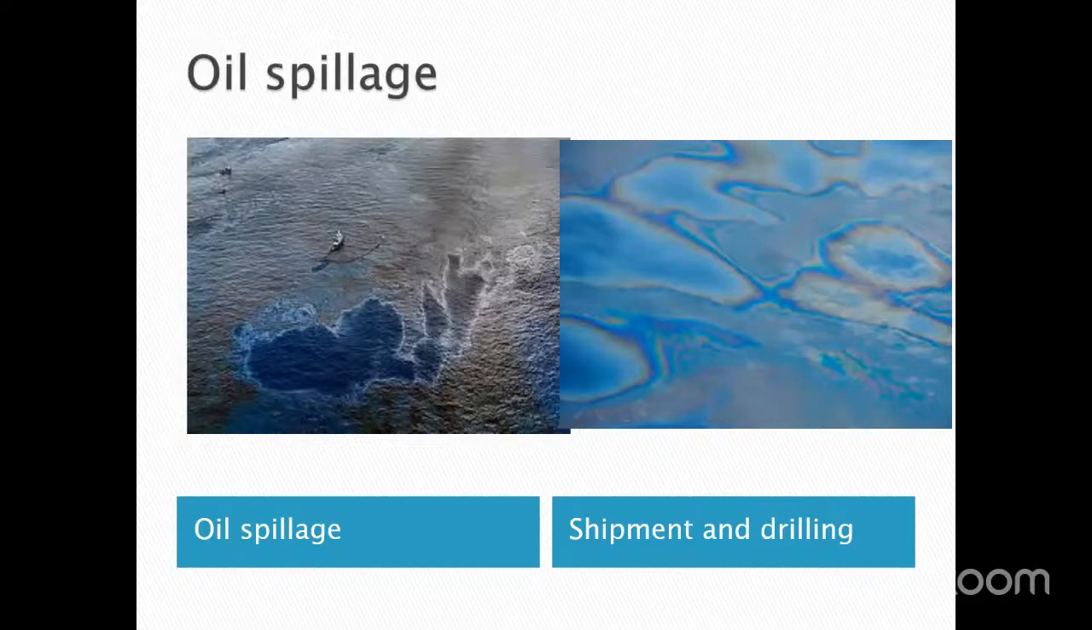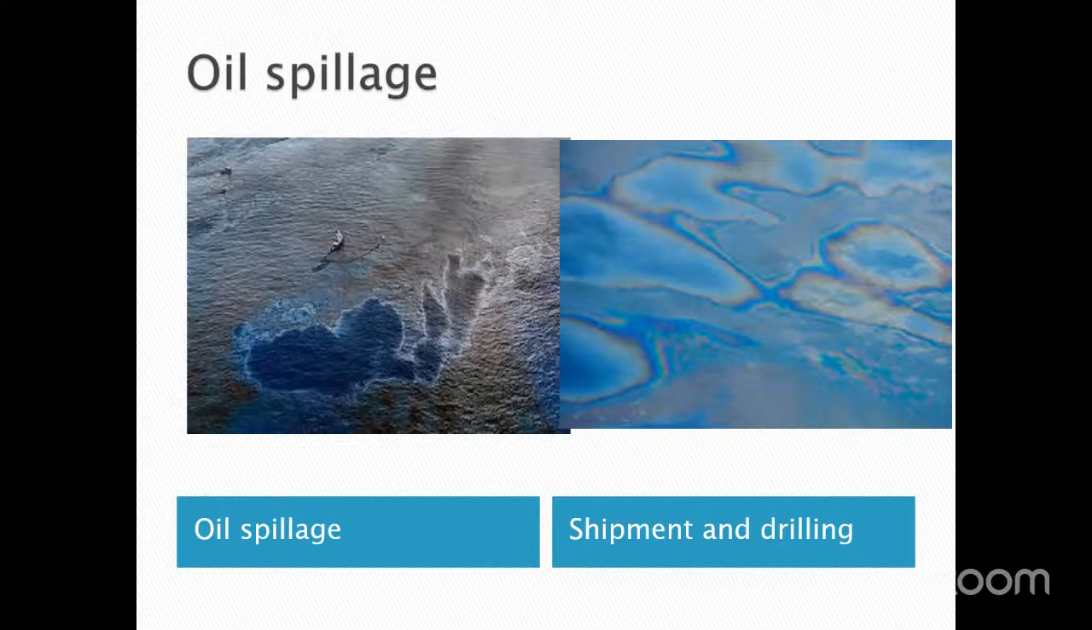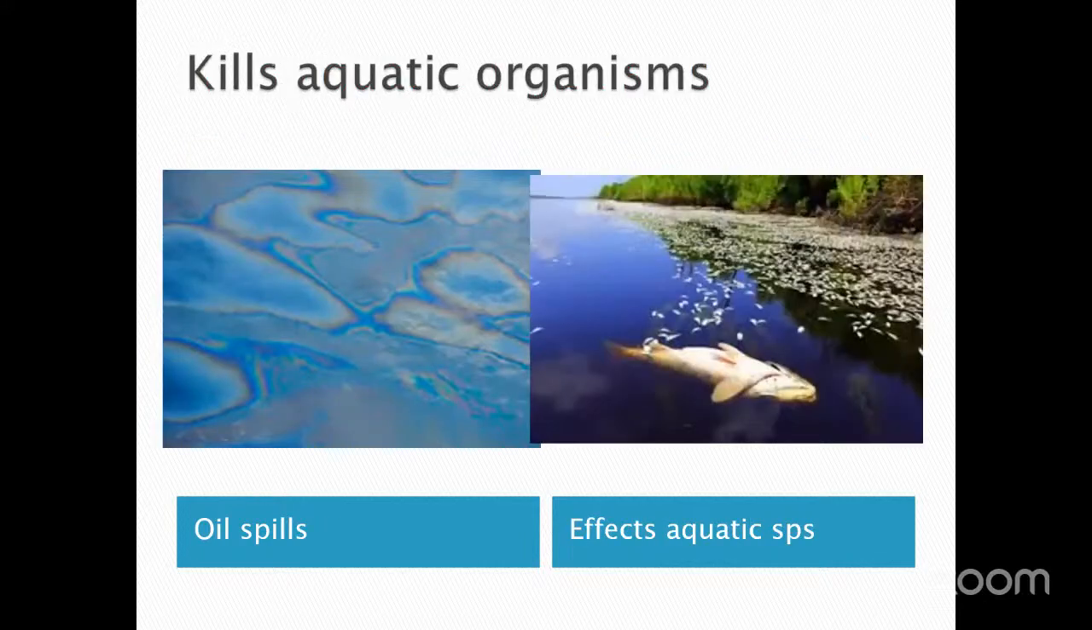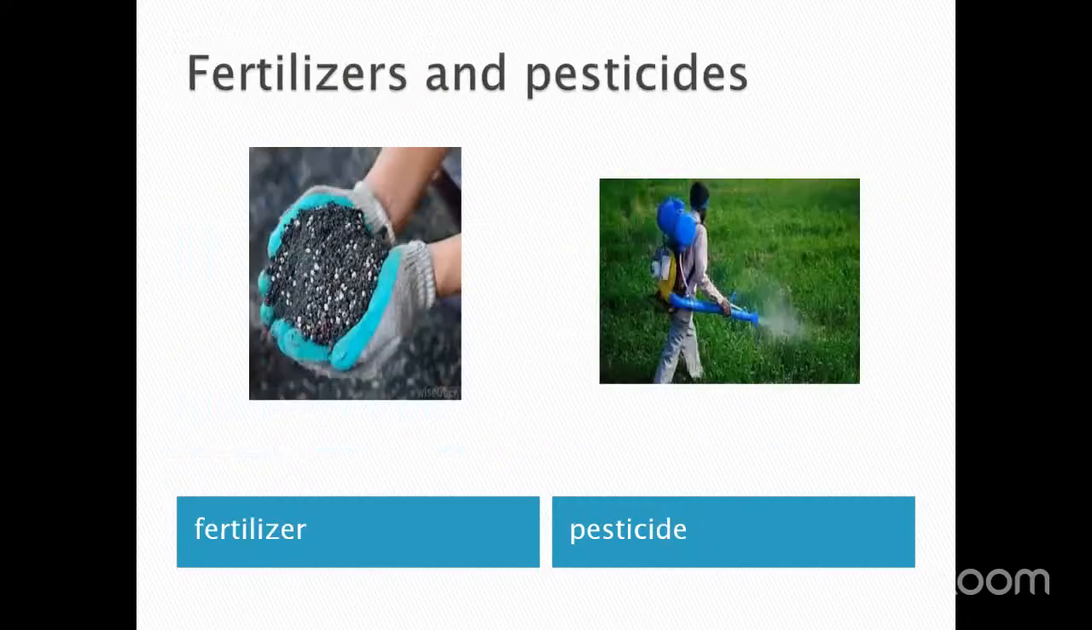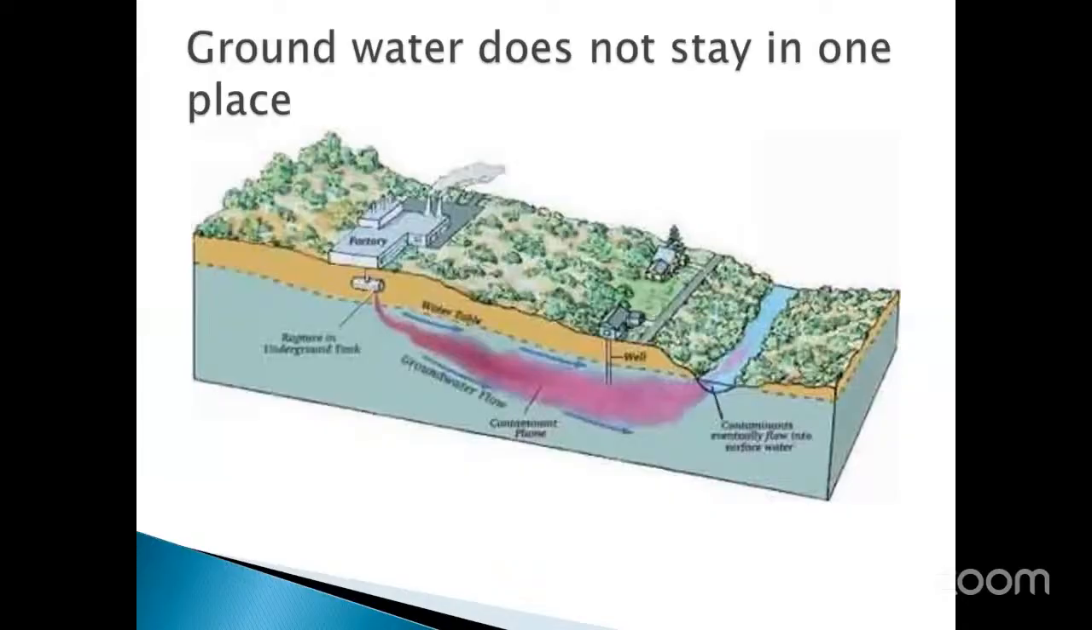So oil spills are an acute contamination example, a leakage of the oil or a chemical leak. Agriculture also: fertilizers, pesticides. Groundwater contamination, yes. Groundwater pollution occurs when